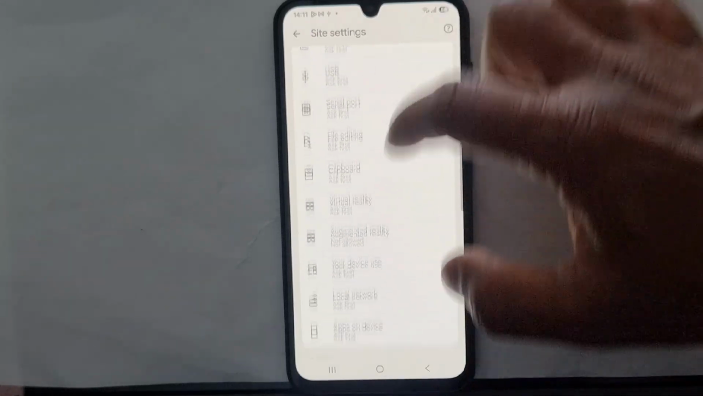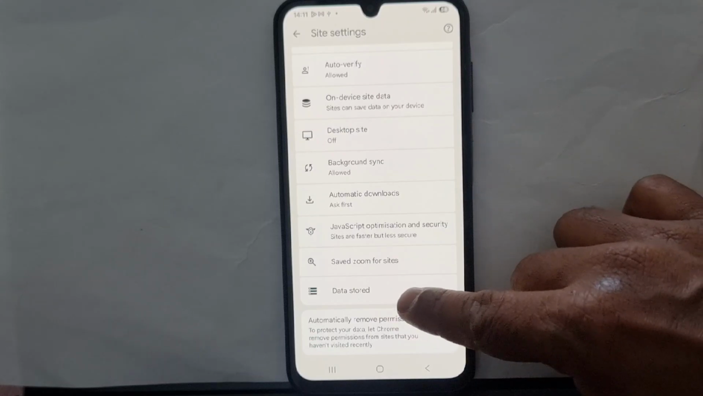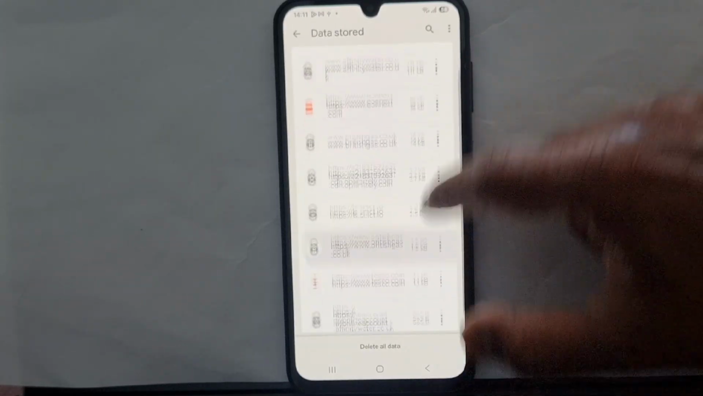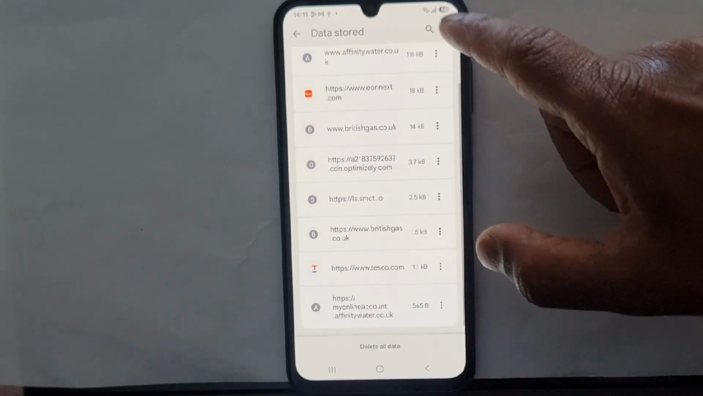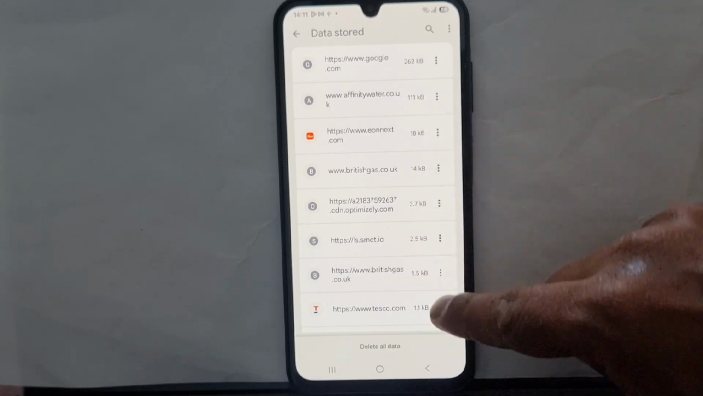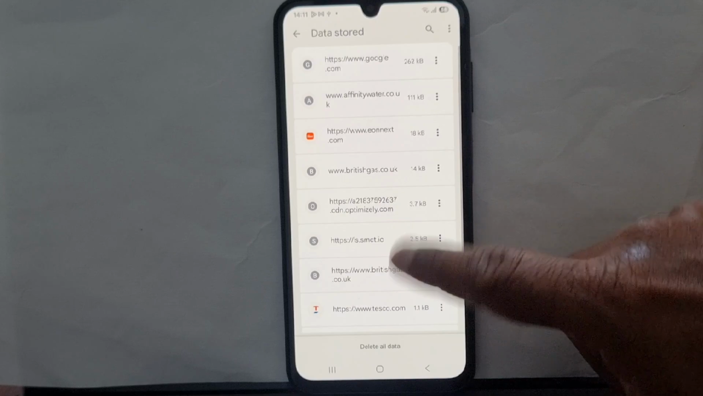Now look for an option called Data Stored. Tap on it. You will now see a list of websites that have saved information on your phone. Some websites may only store a few kilobytes of data, while others may store several megabytes. Here is the surprising part. You might see websites you visited once, maybe for only a few seconds, but they are still sitting there on